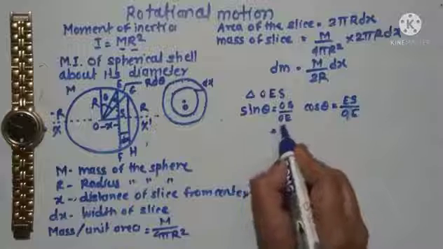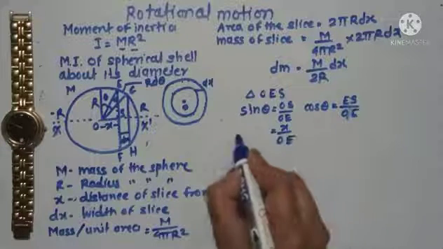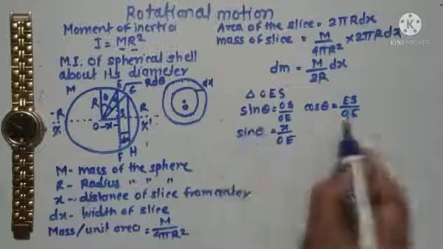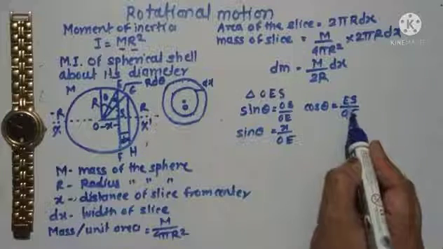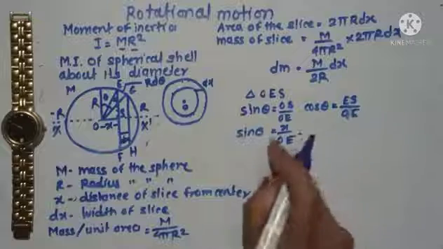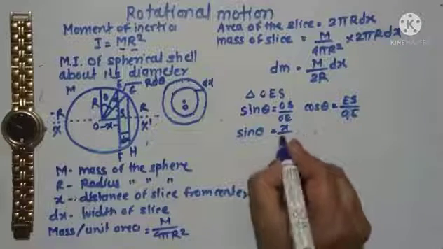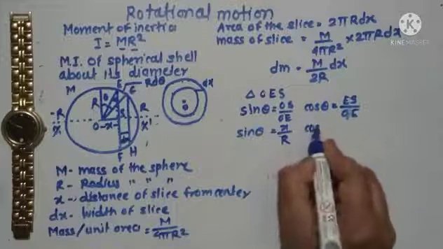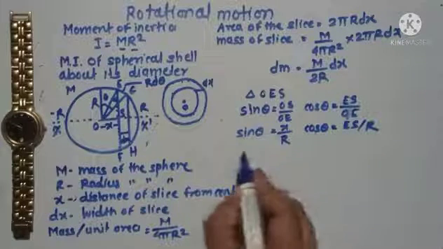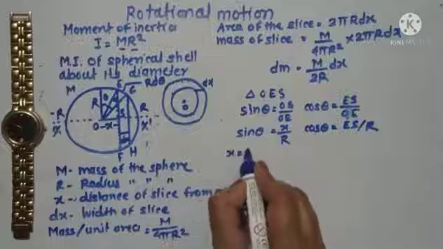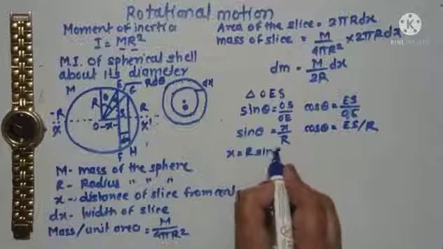So this OS is nothing but x, so x upon OE is sin theta. And in this diagram we know that this OE is nothing but r. We can put the value of OE as r. So cos theta is equal to ES upon r, or we can write x is equal to r sin theta,